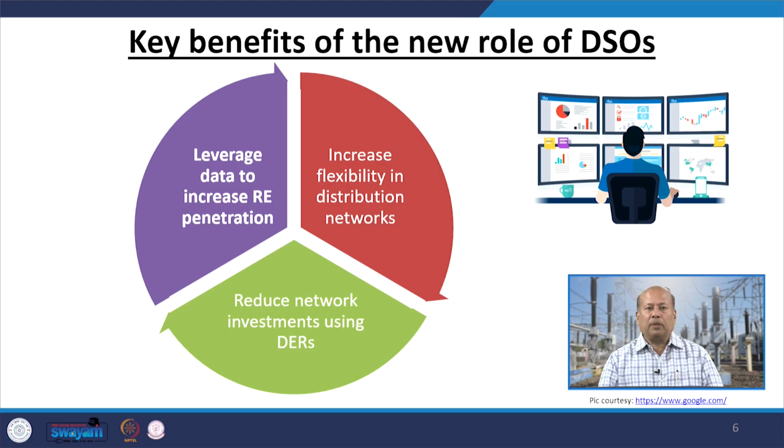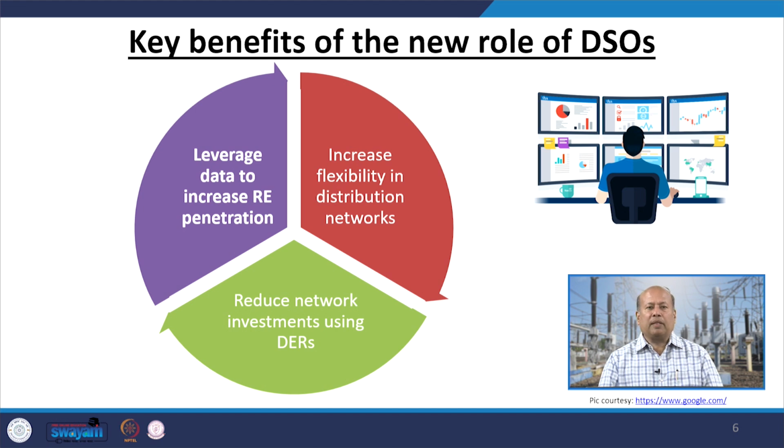Now, it also increases flexibility in the distribution network. Today, distribution networks are very mild, where you just consume the power, but it doesn't allow any sort of reverse flow, or flexibility in engaging renewable energies as well as consumer consumption patterns. Whenever there is a peak, we have no idea what to do, what not to do. So the distribution system will be well managed through a proper flexibility mechanism when the DSO is in place.